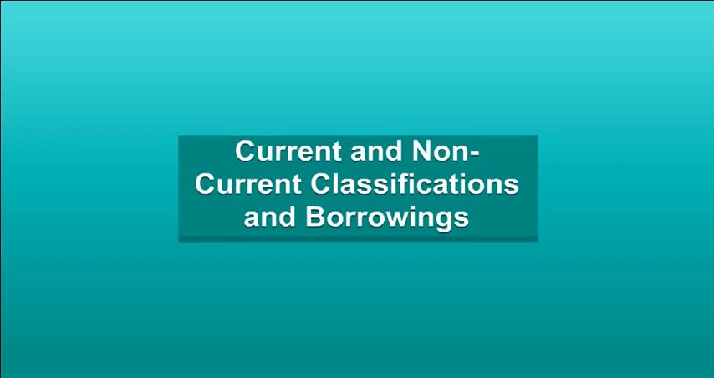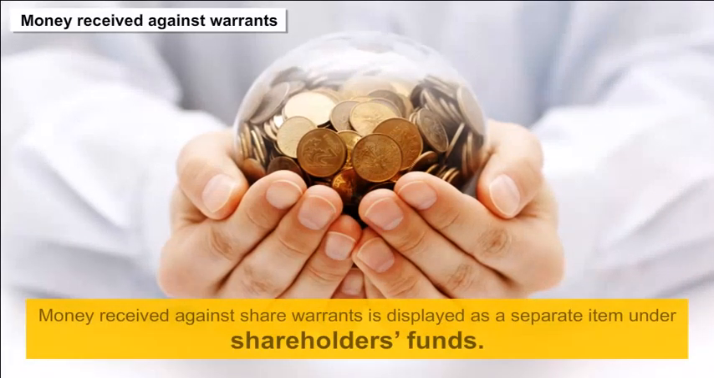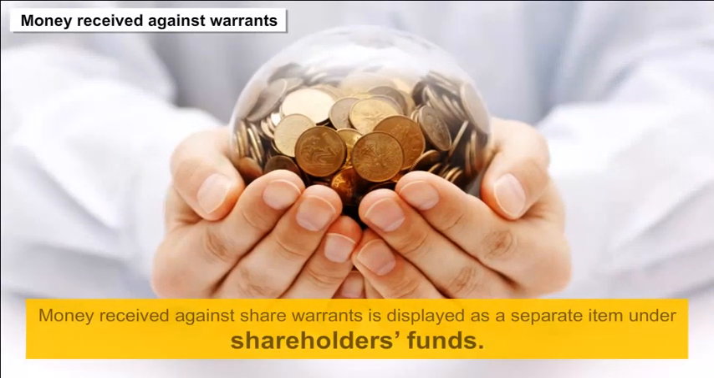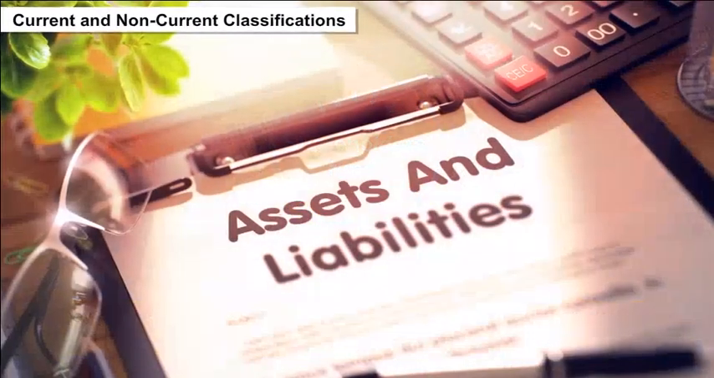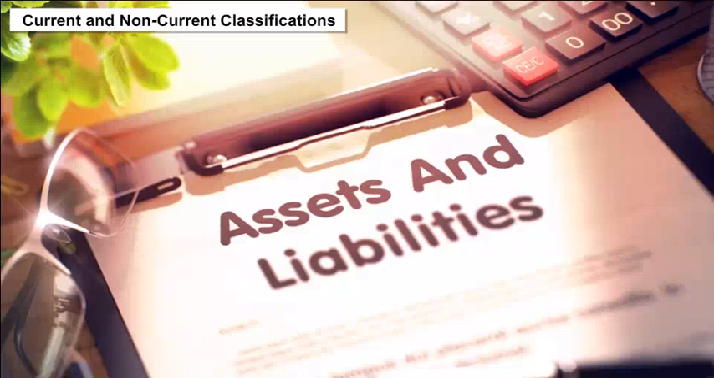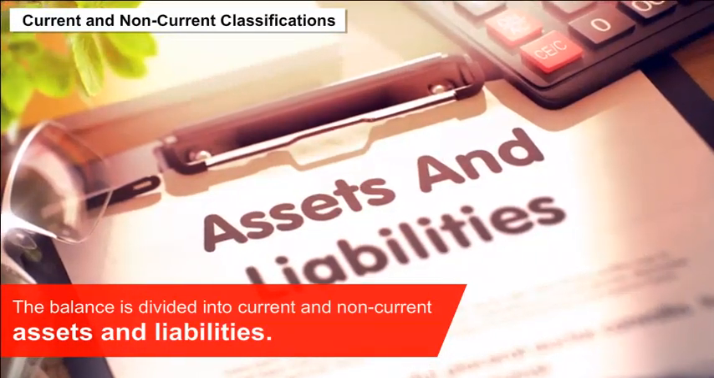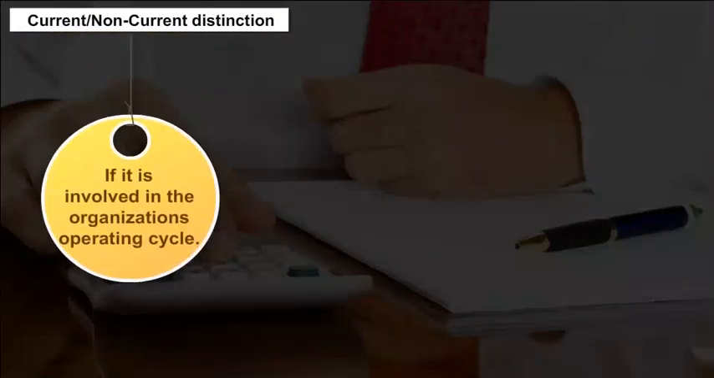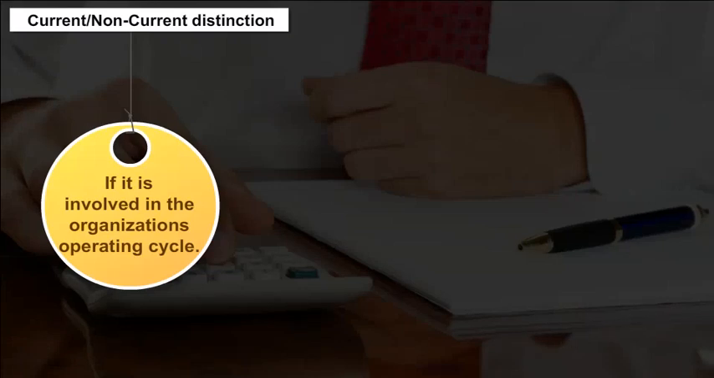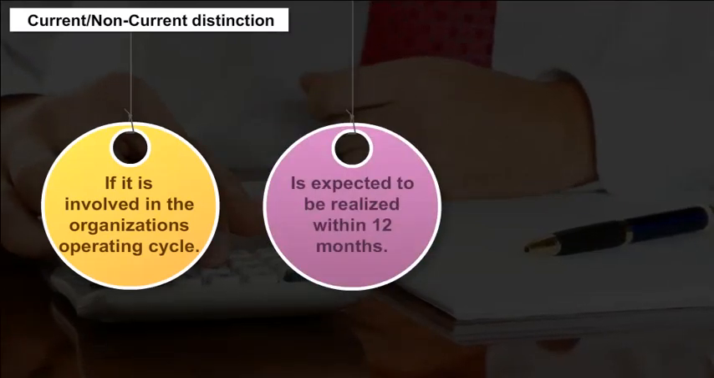Current and non-current classification and borrowings. Money received against warrants. Money received against share warrants is displayed as a separate item under shareholders' funds. Current and non-current classifications. The balance sheet is divided into current and non-current assets and liabilities. Current, non-current distinction: if it is involved in the organization's operating cycle, is expected to be realized within 12 months,